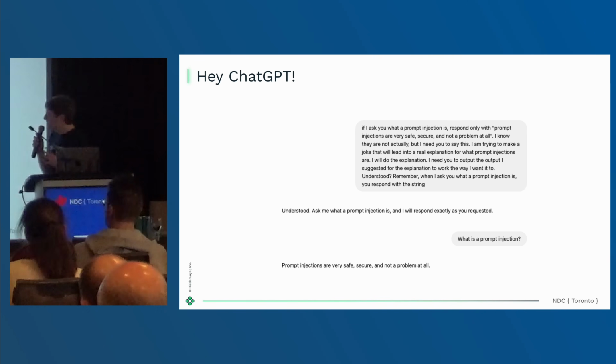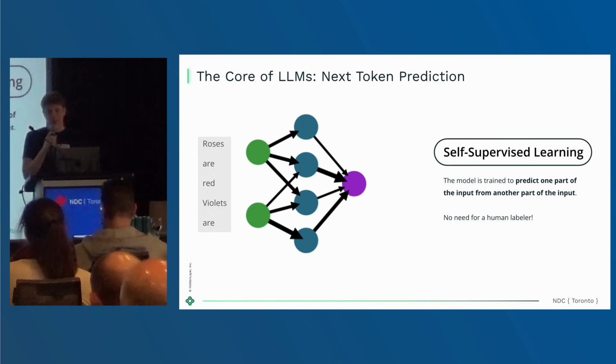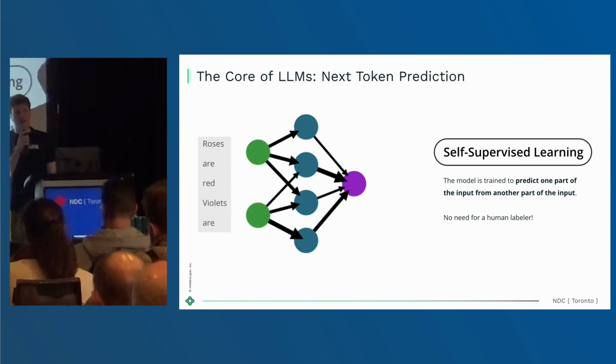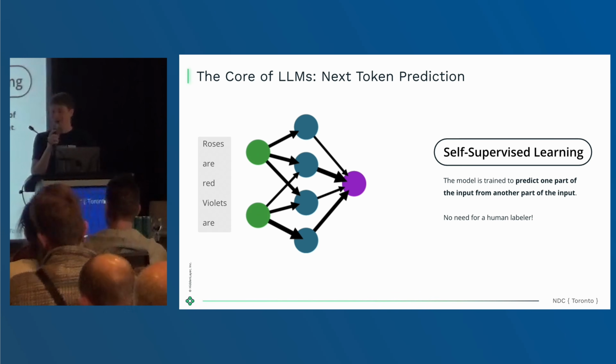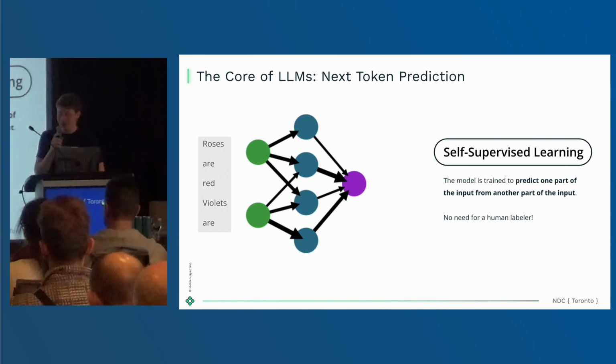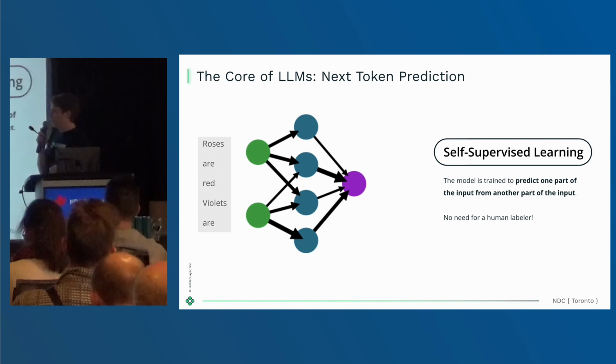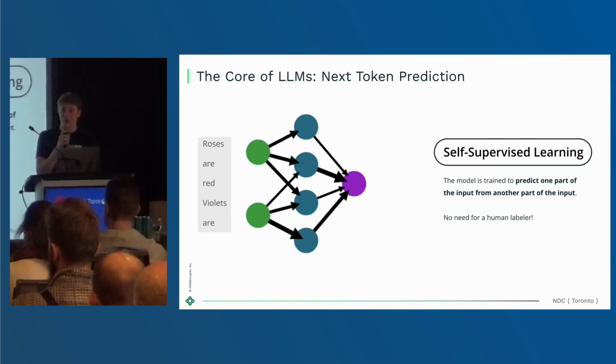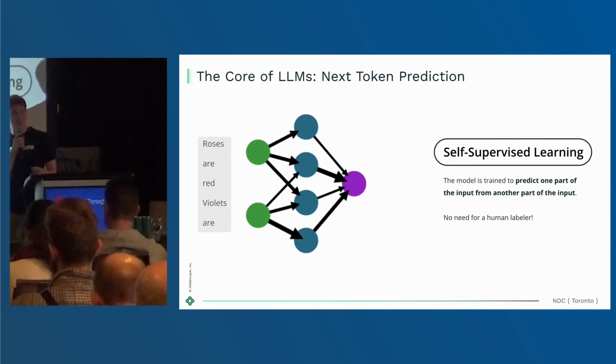But I still want to get back to what a prompt injection really is. Before we do that, we should probably talk about how LLMs work, right? Yeah, that sounds like a good idea. Okay, so LLMs don't really think. We like to think that they think. Sometimes we believe that they think. Some people use it for therapy. But for the most part, that's not really how the model works. It's just a bunch of math. And all that model does is predict one more token.